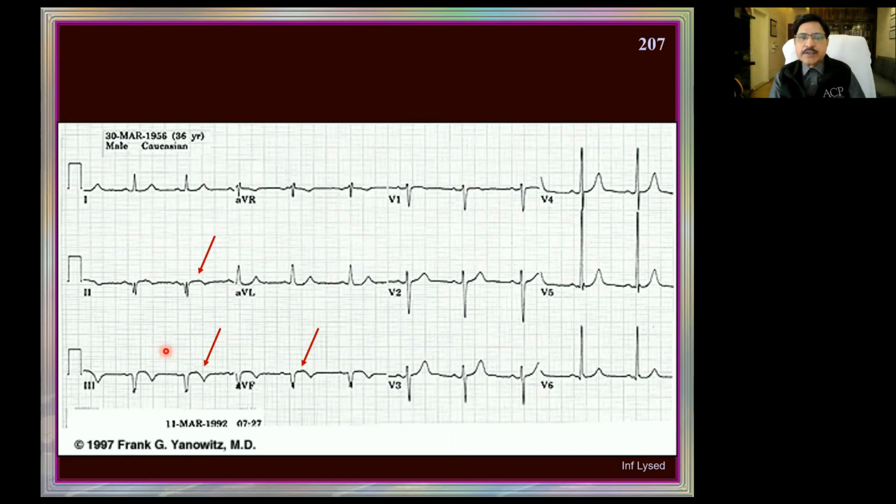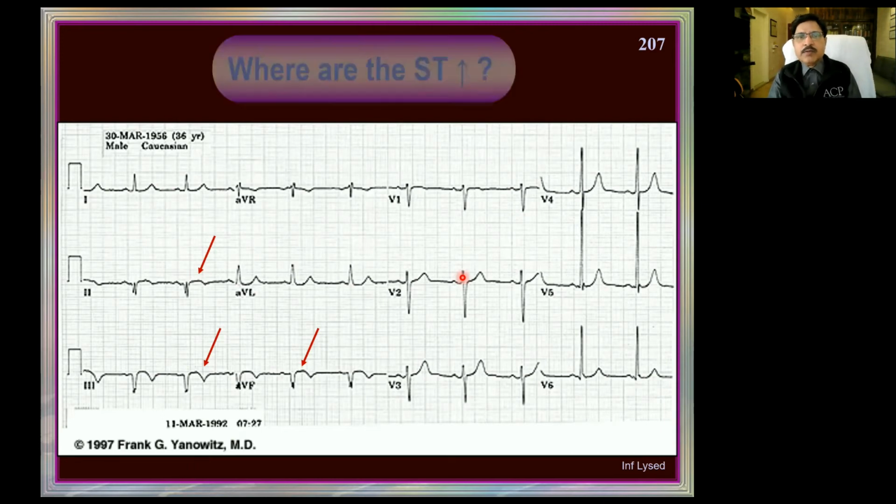Or look at the previous ECG. If the previous ECG is like this around 3 months back, this is an old infarct, isn't it? Two things: either you compare the serial ECGs or look at the enzyme pattern, then you know whether it is the older or the acute lysed one. A history of lysis also will be there.